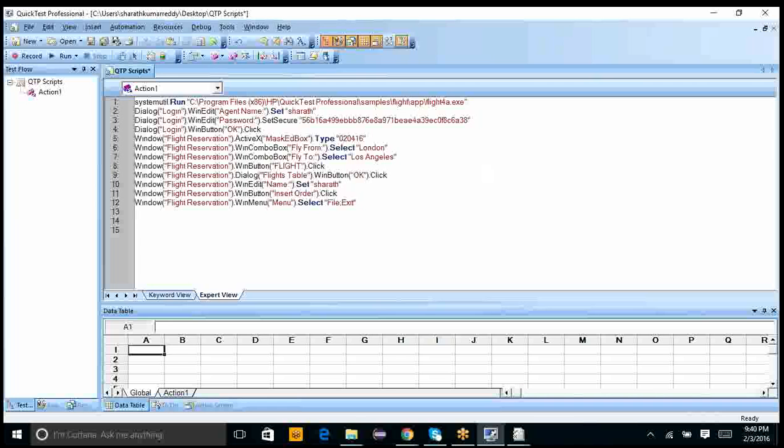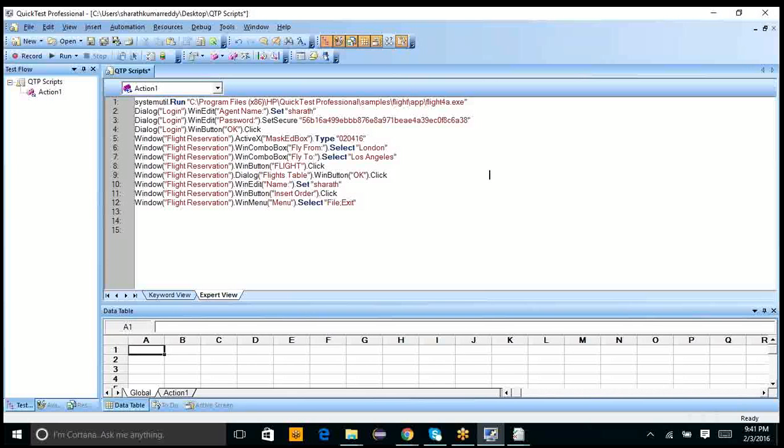When we click on the flight image, we can see all the list of flight details, so automatically QTP will select the first flight once we click on run. Okay, small correction here. QTP won't select it.